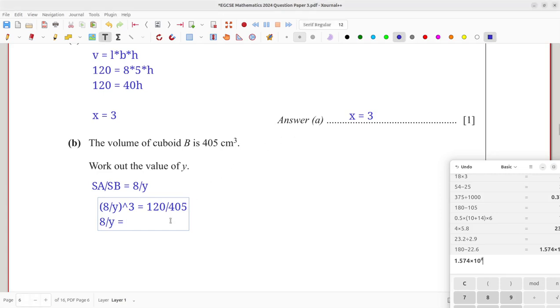And this is giving me a 0 point. Then solving for y, you are going to get that y is equal to 8 over that number there. So let's just put it in our calculator to see the answer. So it's 8 divided by that, and this is giving us